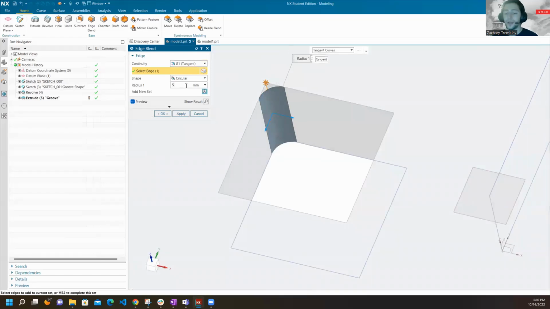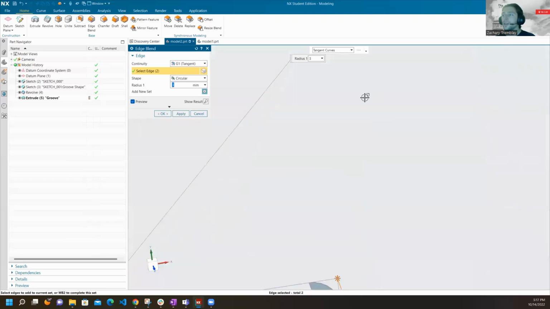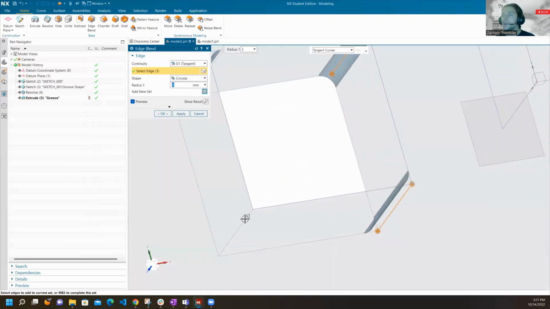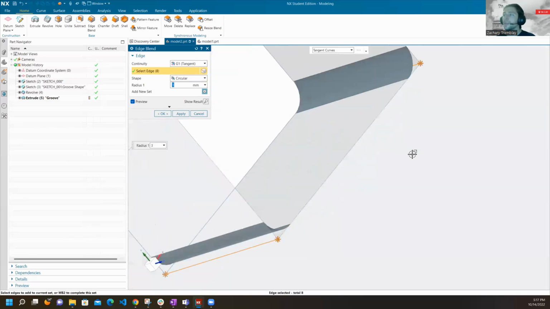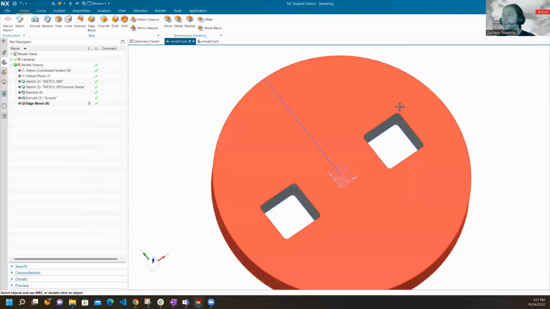Now we can adjust the radius with this function. So if we press enter, it's going to change. Say I wanted 3 millimeters. Depending on the size of the tool that you use, or depending on the stress concentrations, it would change. And now you can select different edges again from this window. So if you want all of these edges to have the same radius, you can just go around. All right. So if we go back out of this function, you're going to see now that they all have